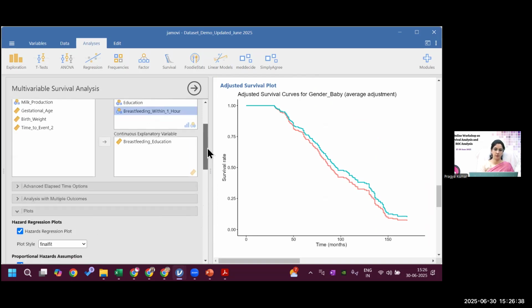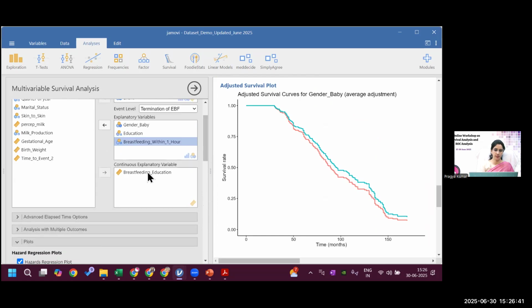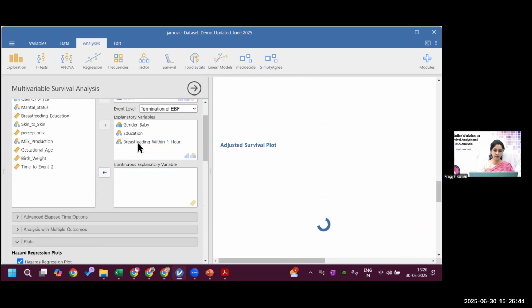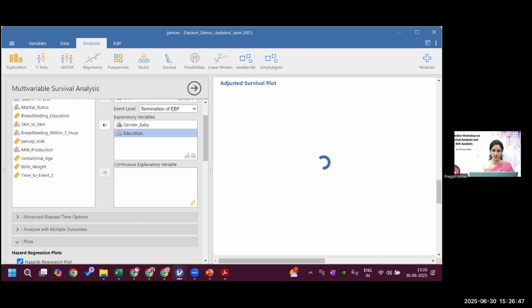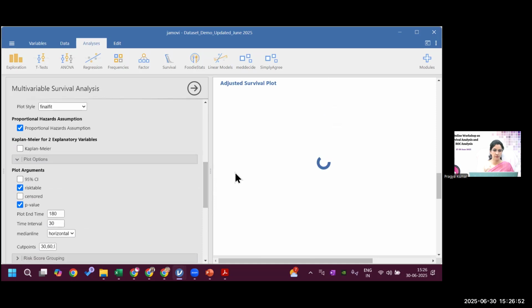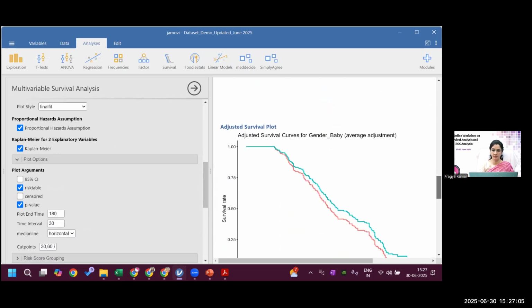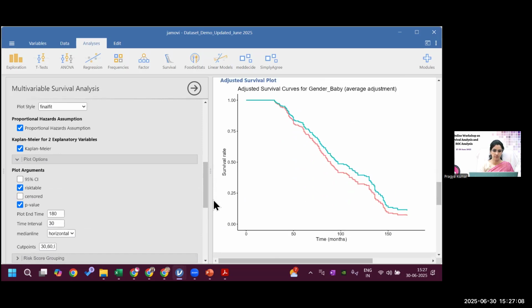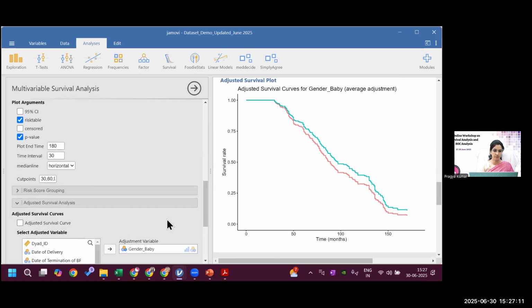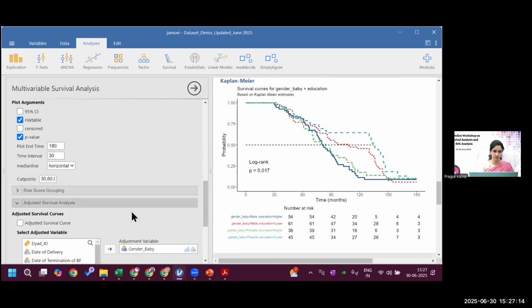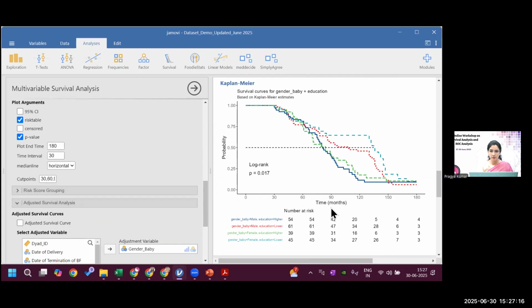If you only have the survival curve for 2 variables, let's say I move these 2 variables and I only see gender and education, then I may have the Kaplan-Meier for 2 explanatory variables, where you can see the survival probability for one factor being adjusted with the other. Let's wait. I think I'll explore this more. This is on the basis of